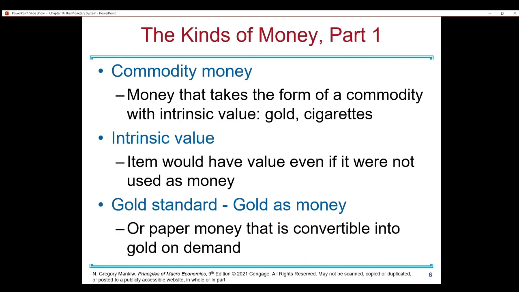The first form of money we're going to talk about is called commodity money. It's money that takes the form of a commodity with intrinsic value. Intrinsic value means that it would have value or worth outside of being money. Examples, the best one being gold. Gold can be used in different industries. You can make jewelry with it, or use it in electrical components. It's a rare metal, so it's used to make things in production, but it can also be used for trade, like back in the old days.